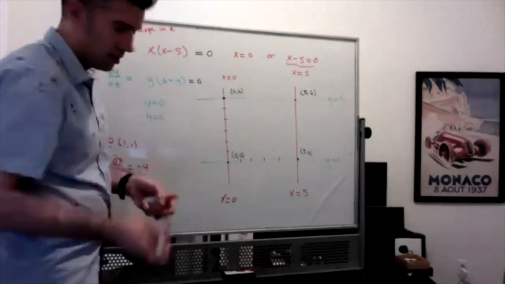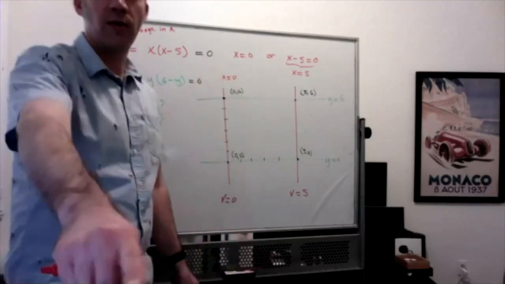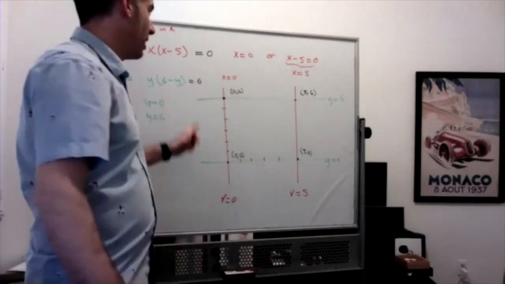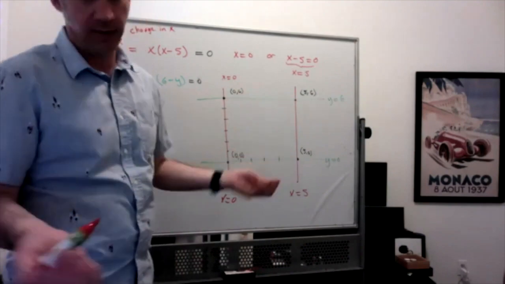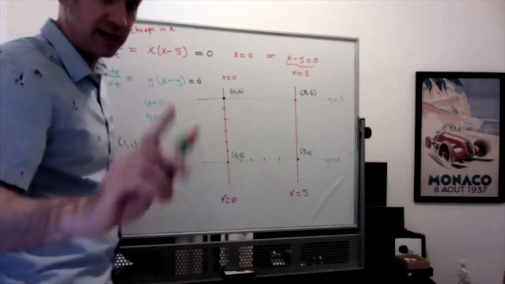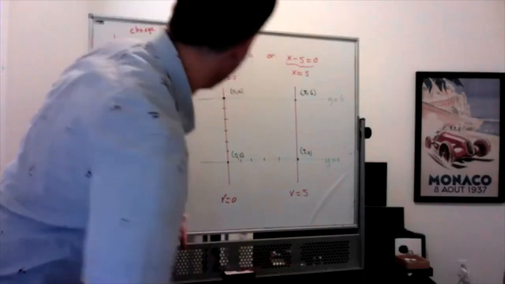Right, okay. So I picked the point 1, 1 because it's easy and because it's not on any of my nullclines. So we really just pick any point that's not on a nullcline, that's easy to plug in. And then at 1, 1, the dy dt